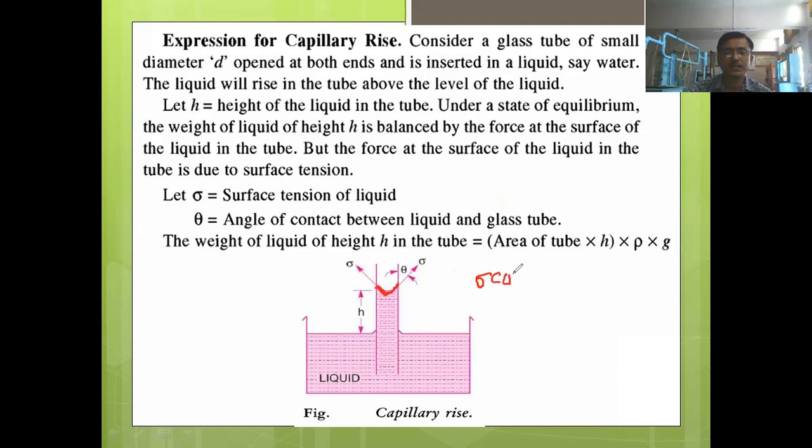Sigma cos theta is the surface tension, it is not the force. We have just seen in the previous derivation of surface tension that sigma is nothing but the tensile force per unit length, right? Now here, while equating, we take the force, the tensile force. So the tensile force will be equal to sigma into L, okay, or the circumference, जे काय perimeter असेल त्याची. This is our tensile force.